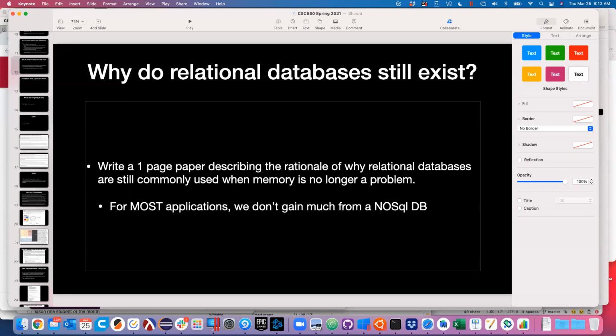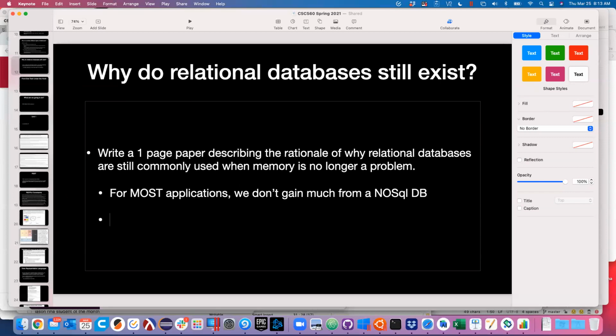Yeah. So we could say that for most applications, we don't really gain that much from a NoSQL database. Not that there aren't some specific things where we would. So that's one thing, right? So kind of if it's not broken, don't fix it. That's one side. And then as Blade pointed out also, there are tons and tons of